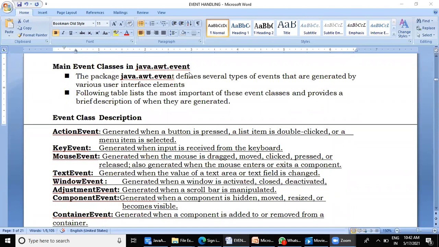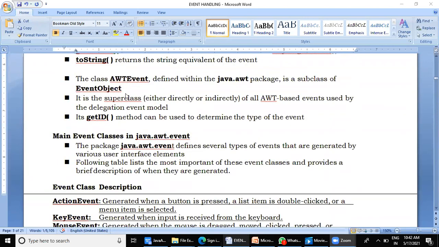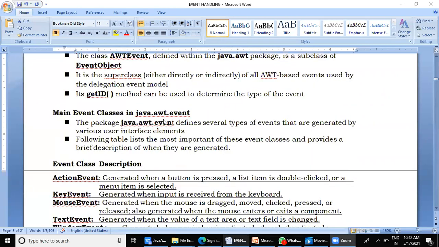Now, which class have you learned here? AWTEvent. This class lies in the java.awt package. But then there is a sub package called java.awt.event, which defines various types of events in it. So that's why, last time in our program,